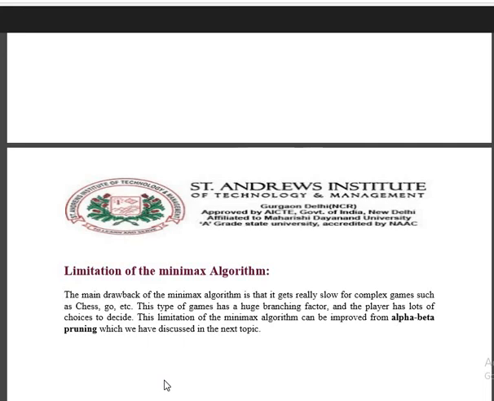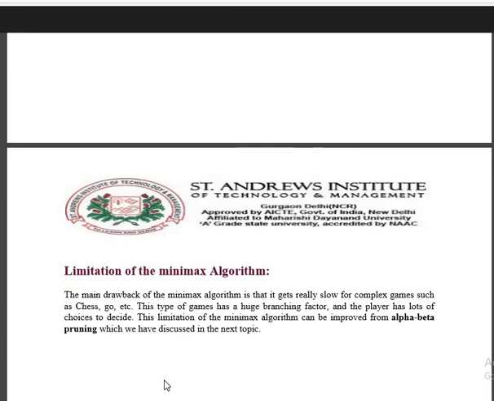The limitation of the minimax algorithm can be improved by alpha beta pruning, which is an important topic also. In the next lecture we'll come across the alpha beta pruning method. Till now, I would ask all the students to go through the lecture once more, study the notes that are given to you, and go through the algorithm also. Students can implement this algorithm using any programming language, let's say C++, C, or Python, to find game programming algorithms that can give you a real-time example also. And go through the notes.